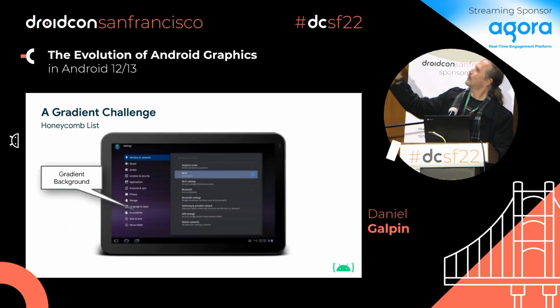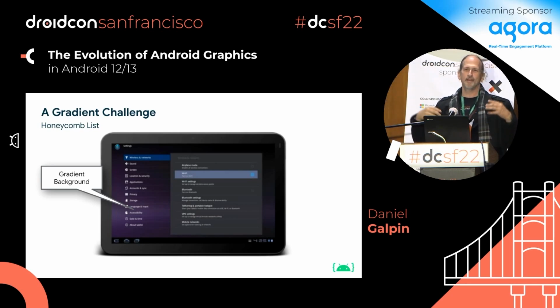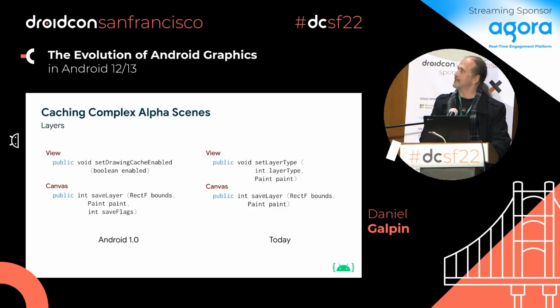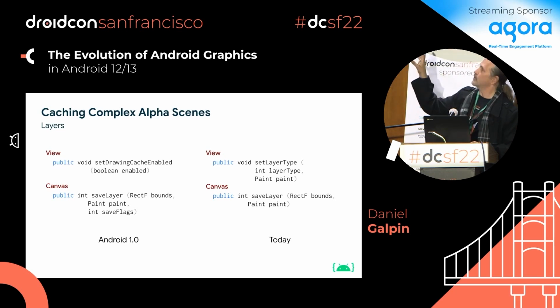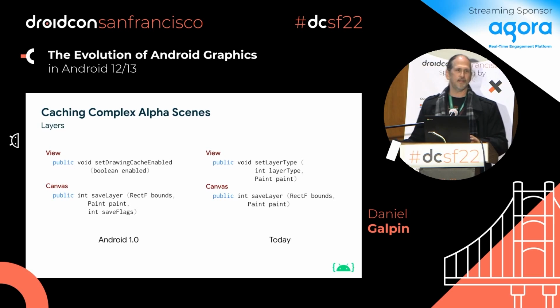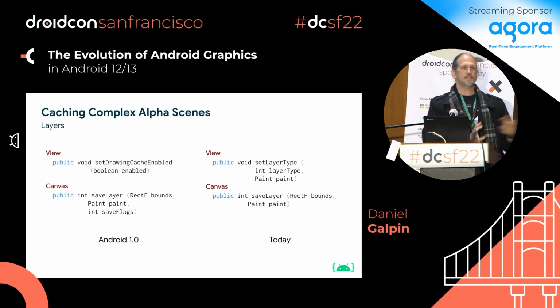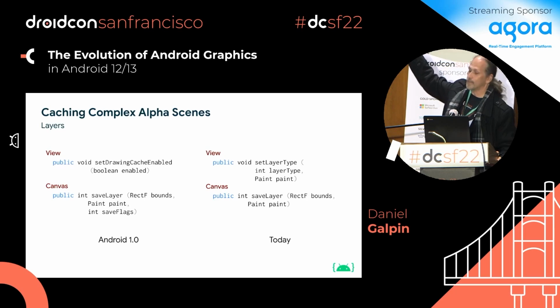And Honeycomb was even more challenging because we did crazy things in the UI, like having gradient backgrounds on lists, which means we had to have, in addition to all the other stuff of having a giant number of pixels and a very small amount of memory bandwidth, we also made things worse by requiring everything be alpha blended. So we had layers and alpha, and we actually created something to do both things at once. First of all, we knew we had to have a way for you to opt out easily from doing hardware rendering, so we created hardware layers and software layers. And that allows you to do stuff like, I want to pre-render this background thing into one layer, and then I want to save that off so I never ever render or touch that again. That just sits there, and then I'm going to have some software layers